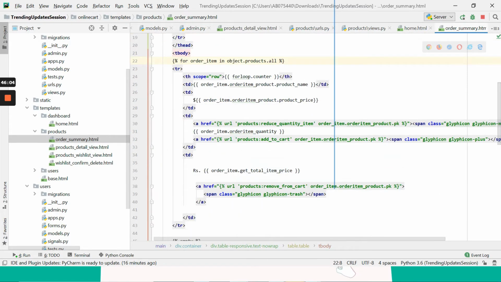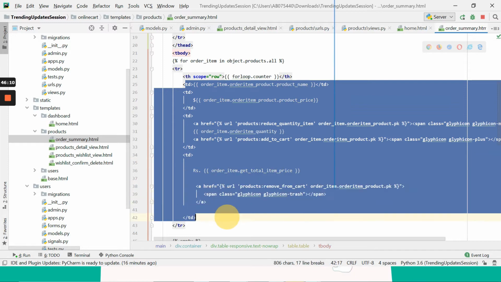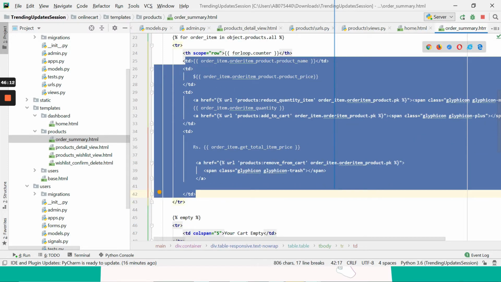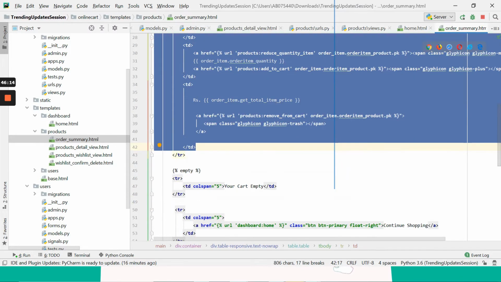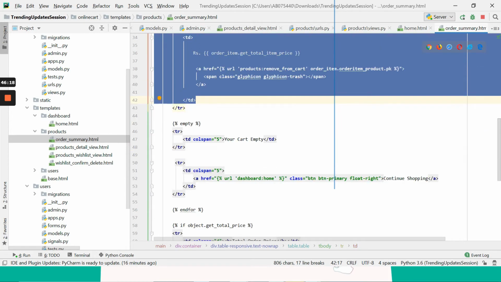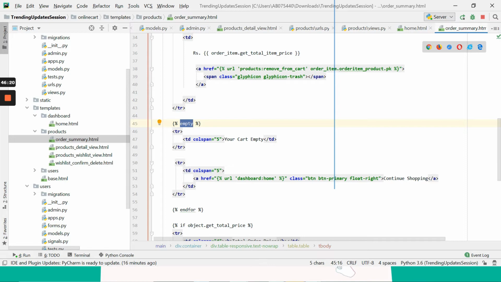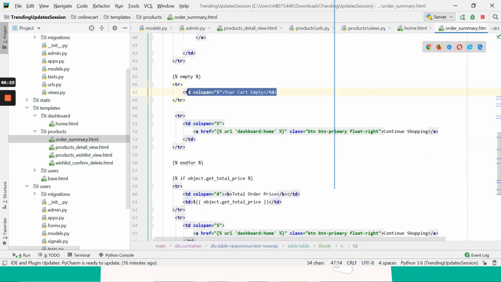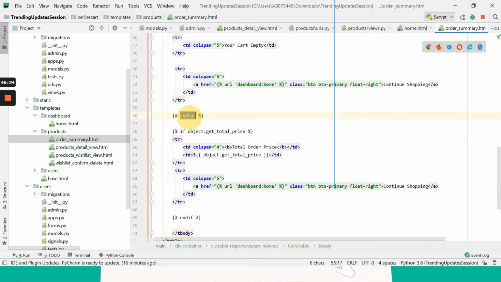However many items we add, it will come in the for loop and it will display it like this under the TD, under the data of that table, and after which I am going to calculate the entire total. If the order is empty, it will show your cart is empty, or else it will go to another total field. It will create a total order price and it will get the total for us.